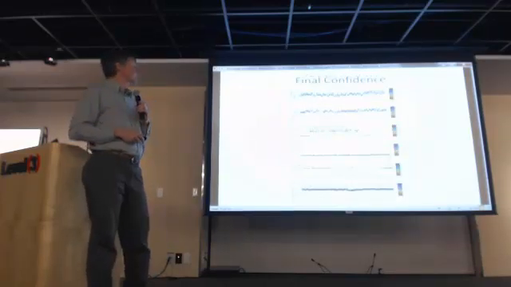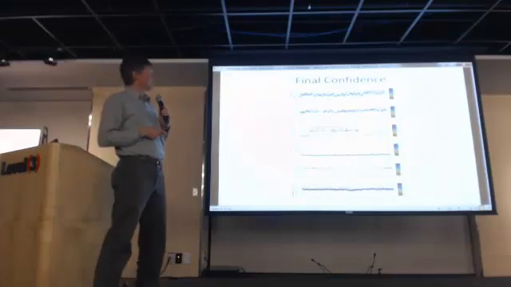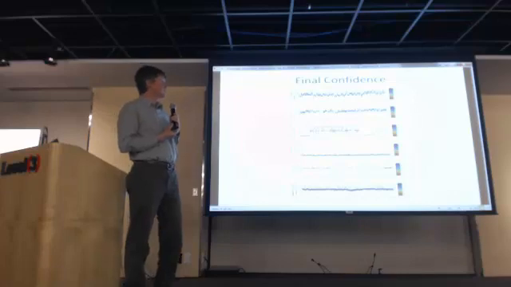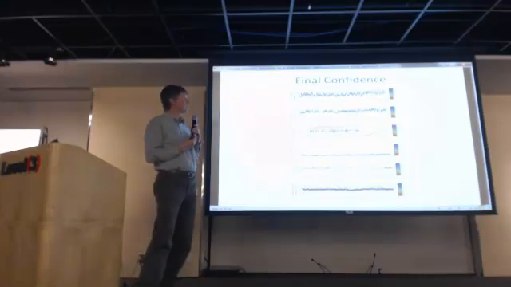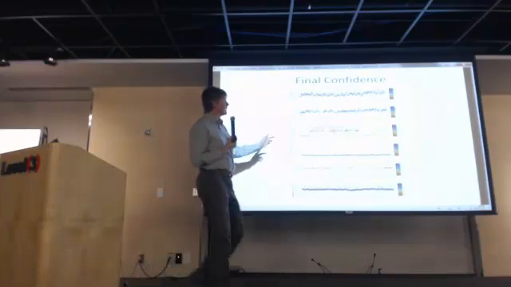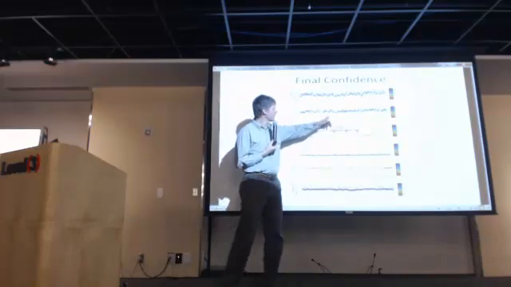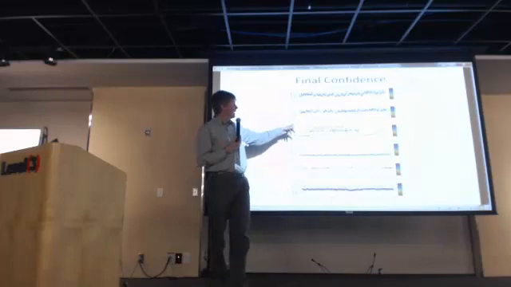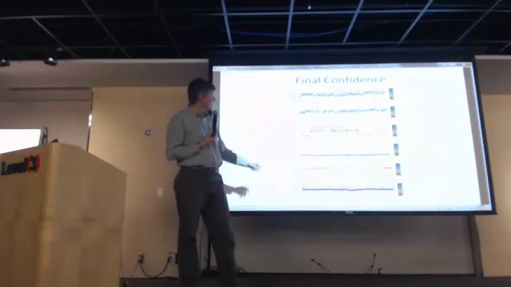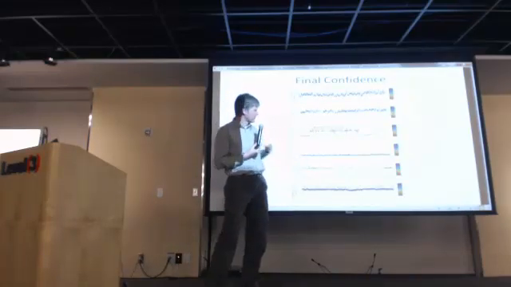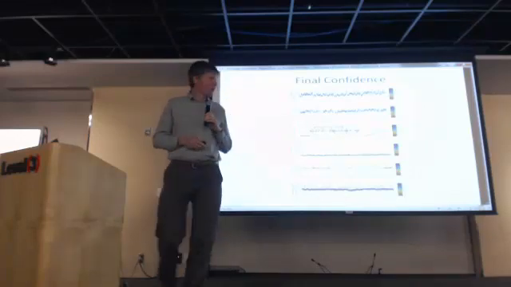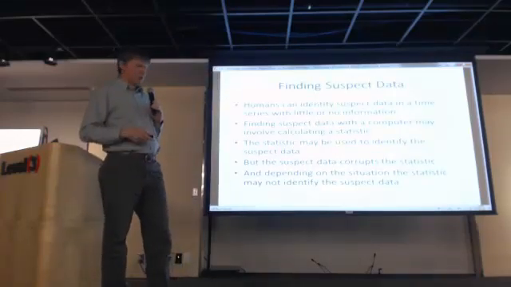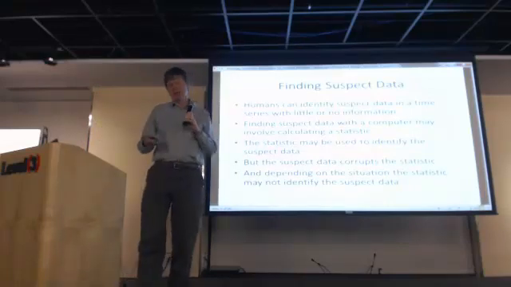We did develop this algorithm, and it did, in fact, do what we hoped it would do in terms of identifying the data that we as humans might find suspicious. So for instance, you can see the red data points are data that the algorithm has identified as suspect in each of these cases. And the point I want to make in terms of how we did this in the algorithm was, well, let me back up and say,